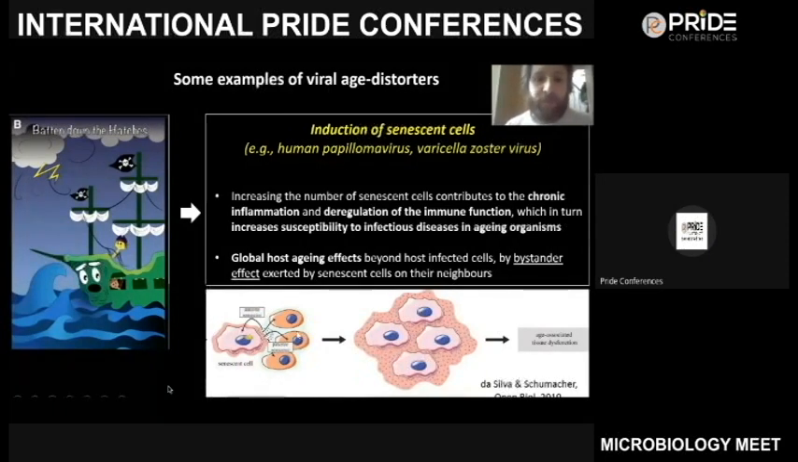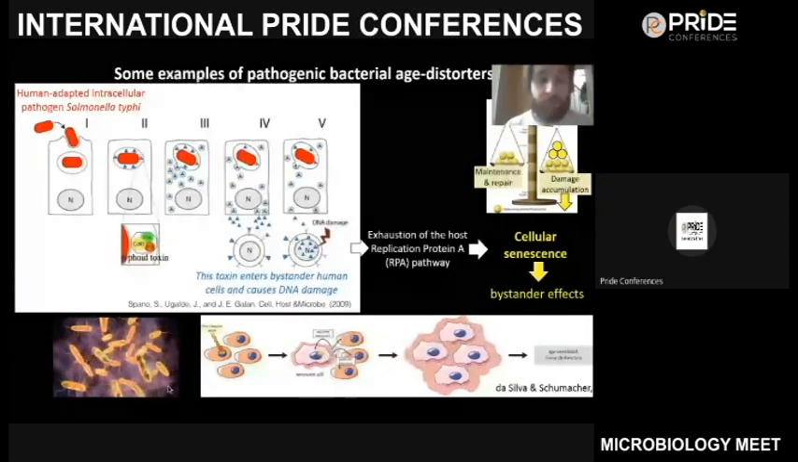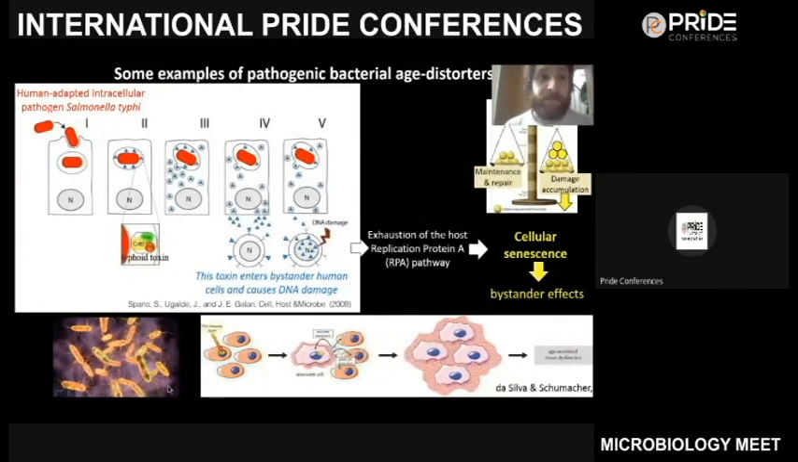So when you have a virus that basically generates the senescent cell, then it has a bystander effect, a larger effect on the host, because then there will be more and more senescent cells, and eventually that will accelerate aging in one organism. We have examples of bacteria playing a similar role, not only viruses, and this is, for example,